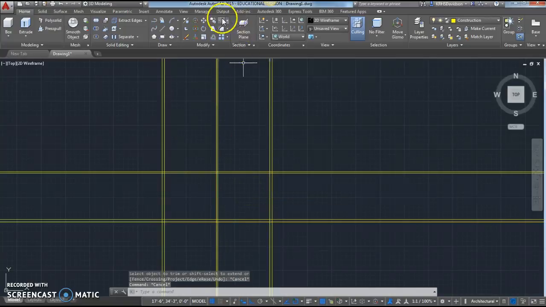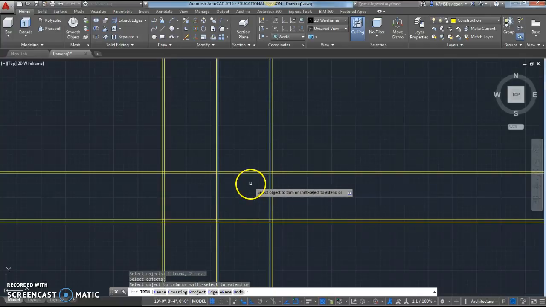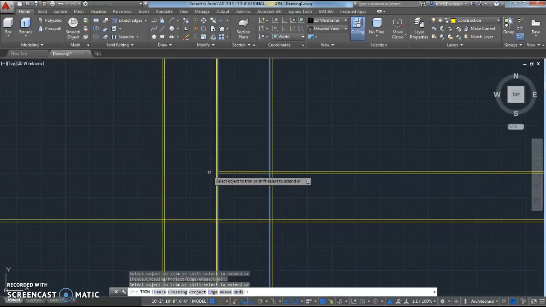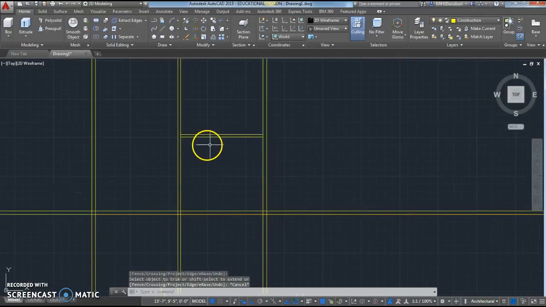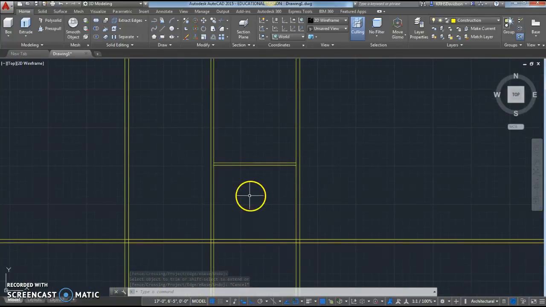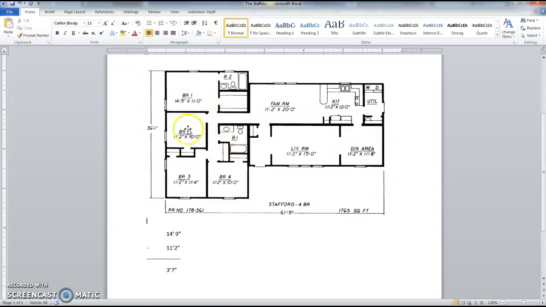Well, let me do that again. I'm going to click Trim. I'm going to select with my index finger, so I've got the left mouse button, that line, and this line. And when I'm done selecting, I'll right-click with the mouse button. And now it's asking me to select objects to trim. So I'm going to go ahead and click this line with my left click, get this line, and this line. All right. So now I've got that room established right in there. So we're not going to worry too much more about it at this point for that part of that room right there. All right, so now we'll go back to here, and we'll start talking about this room here next,